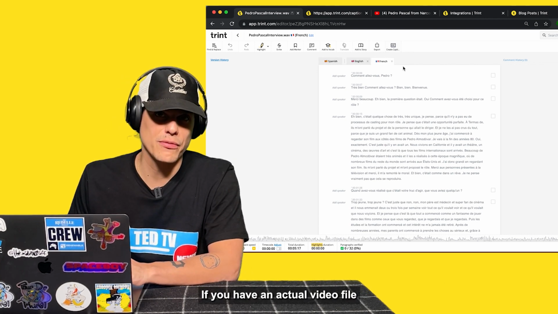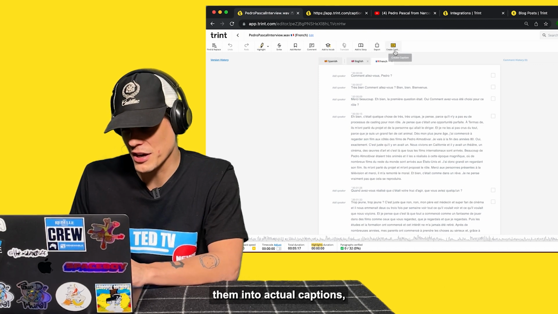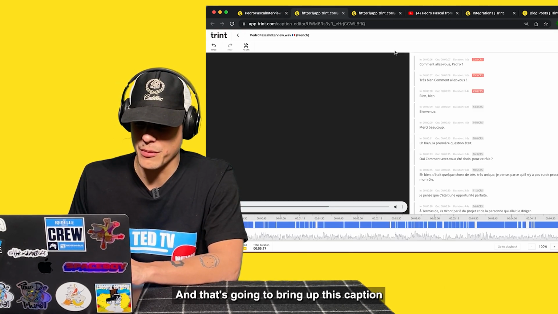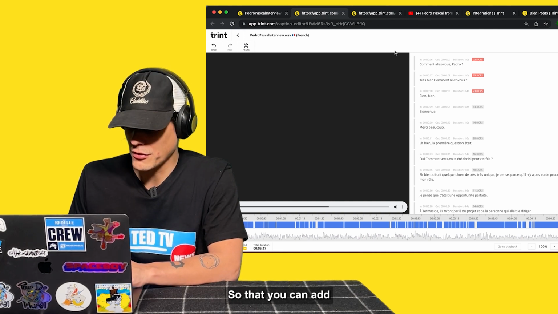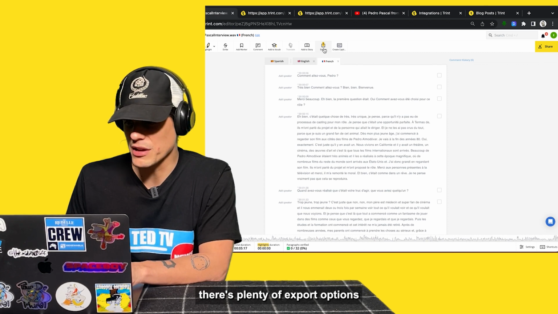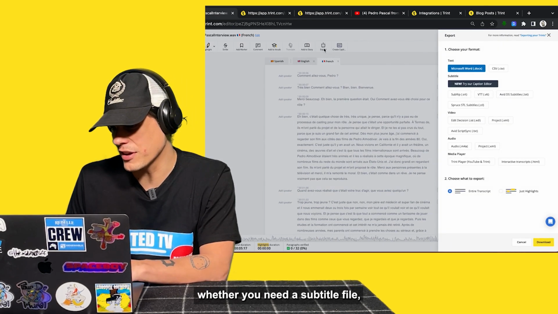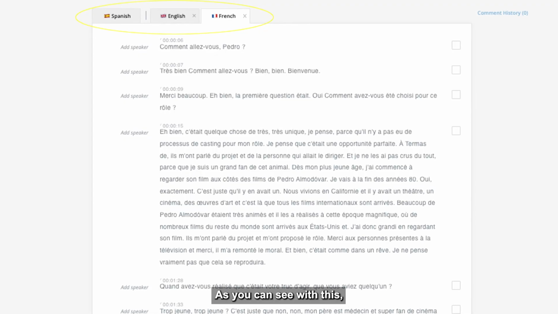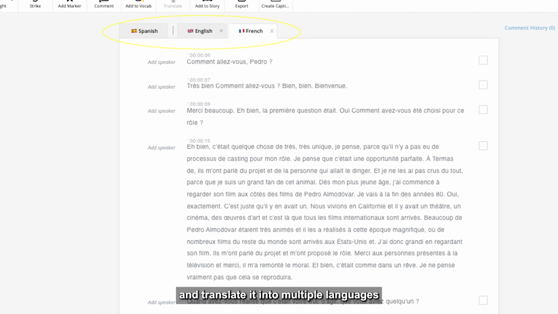If you have an actual video file and you want to go and modify them into actual captions, you can click Create Captions, and that's going to bring up this caption editing window so that you can add another level of accuracy to your captions. As well, there's plenty of export options, whether you need a subtitle file, video file, an audio file, or a media player file. As you can see with this, I was able to take this interview and translate it into